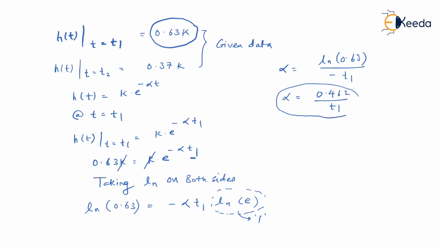So this is the possible value of alpha in terms of t1. And now if you go through the options, you will see that there is no option which matches this. So what I ultimately want to do is match my alpha in terms of t2. So I'll try to get my alpha in terms of t2, and again I'll go through the options and see which option matches.